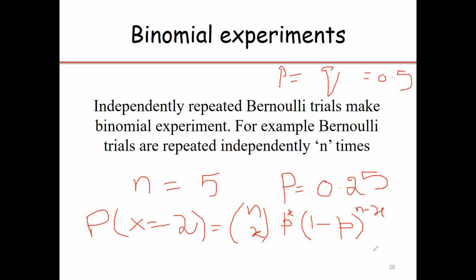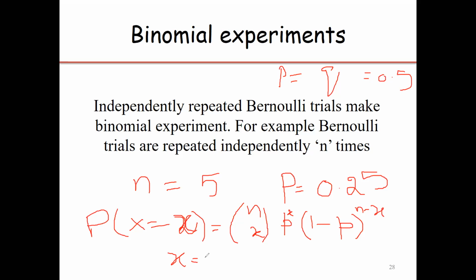I am just connecting this formula with my slide number 1. On slide number 1, I told you a probability distribution can be represented in a tabular form, it can be represented in a function form or in a graphical form. So I am writing the function of the binomial distribution. We must define all values of the variable. It is not X, I am just writing it as x because I wrote a general formula.